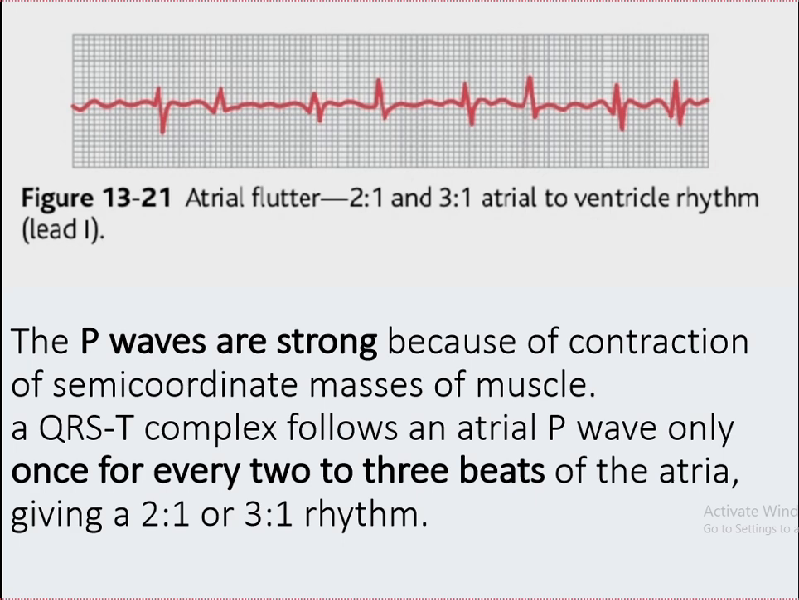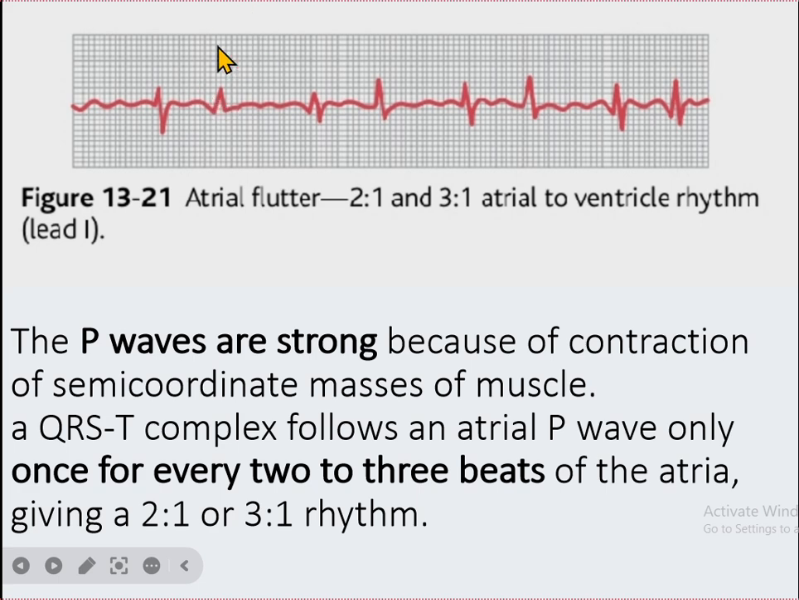So you'll have semi-coordinated contraction of the muscles of the atria. You may find a QRS complex following a P wave maybe once for every 2 to 3 beats. Because in some cases, the impulse will not reach the ventricles, so we'll have no QRS complexes. So here we're having the first beat, second beat, third beat, then you see a QRS complex. This is a sign of